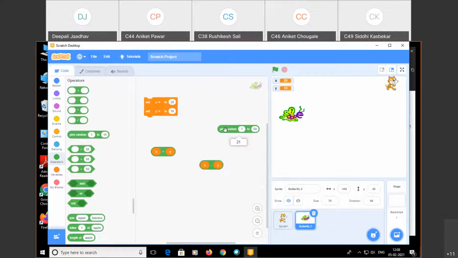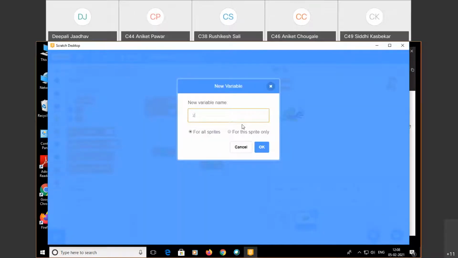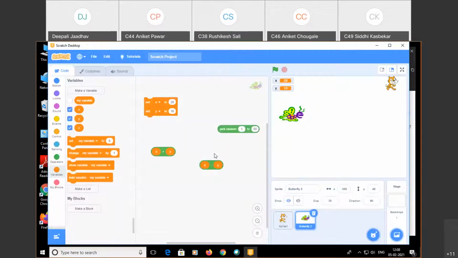Now I use another variable to show the output, z. So I set my variable z. Now I want to set this variable to the result of x plus y. Z is 0 now. I want z to be the result of x plus y. So drag this here and drop it here.